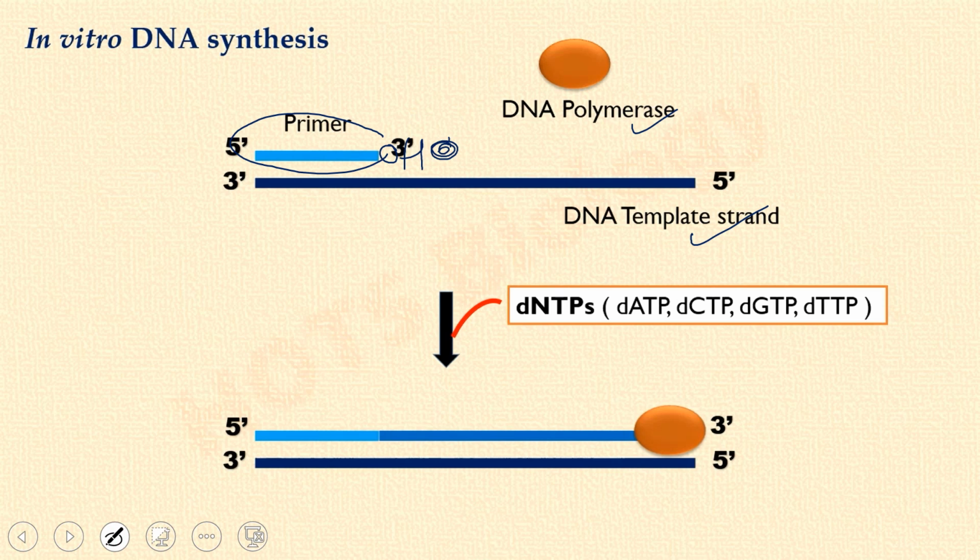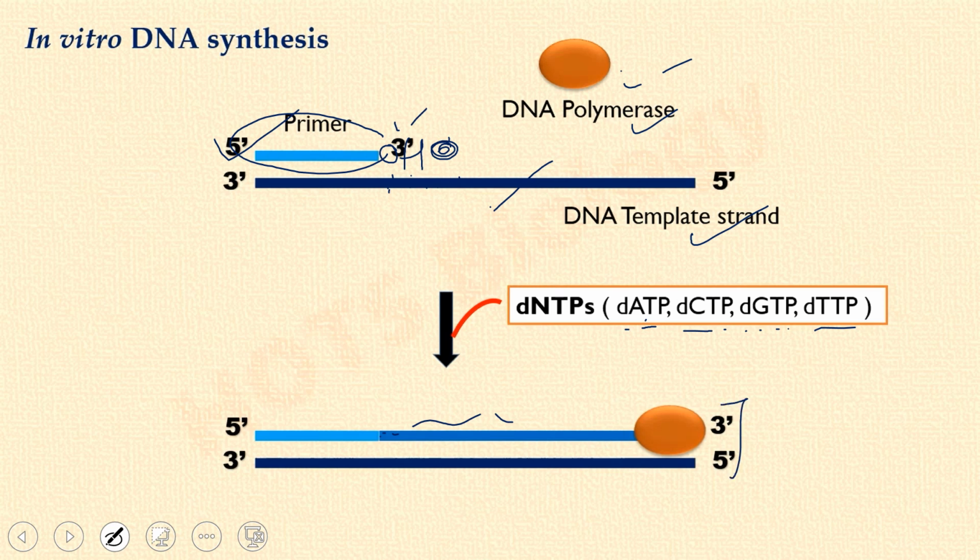So we require a primer for DNA replication, we require a DNA polymerase, and we require a template. In the primer we require a 3' OH. Along with that, we have to provide all the 4 different nucleotides in the deoxy forms: dATP, dCTP, dGTP and dTTP. According to the arrangement of the nucleotides on the template strand, DNA polymerase is going to add one nucleotide each time to the growing chain in the 5' to 3' direction, and ultimately we make a complementary strand. So this is the normal DNA replication process.